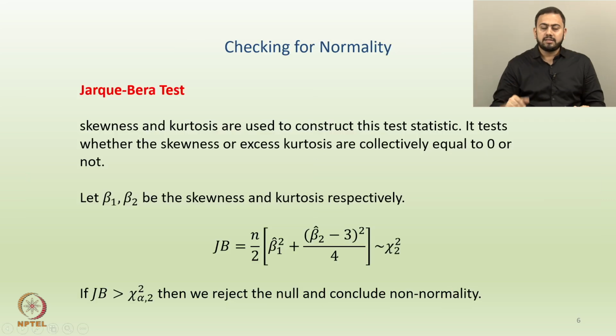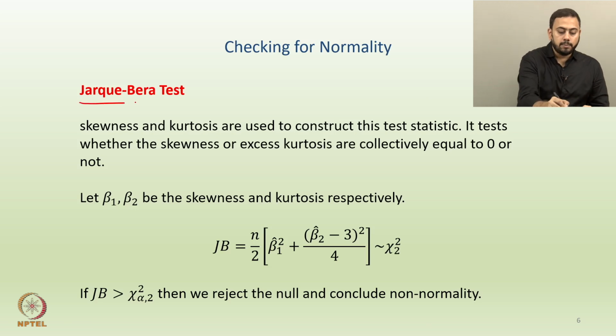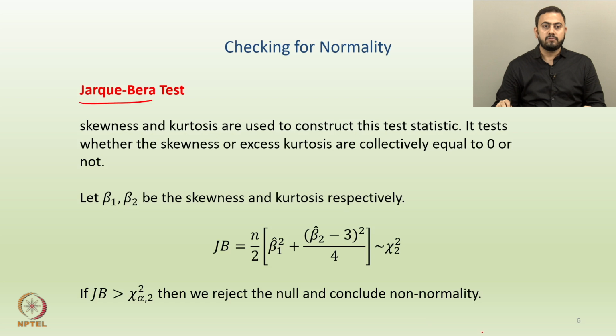Then the other idea is using some formal tests, like we discussed earlier. So let's say checking for normality using a couple of tests. The first one is Jarque-Bera. By the way, Jarque and Bera are two people, and they proposed this test of normality. Essentially, if you see this equation here, JB stands for the underlying test statistic, right.